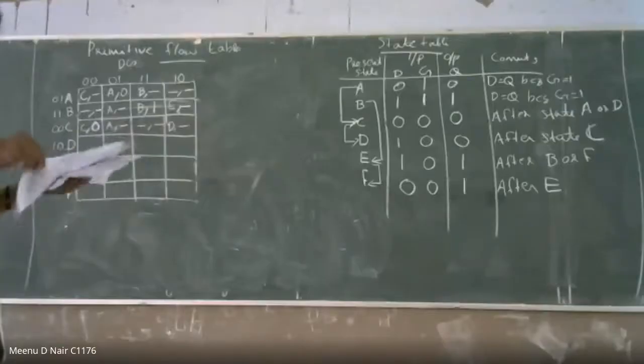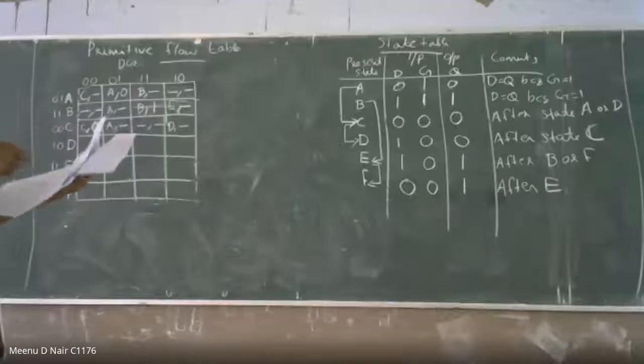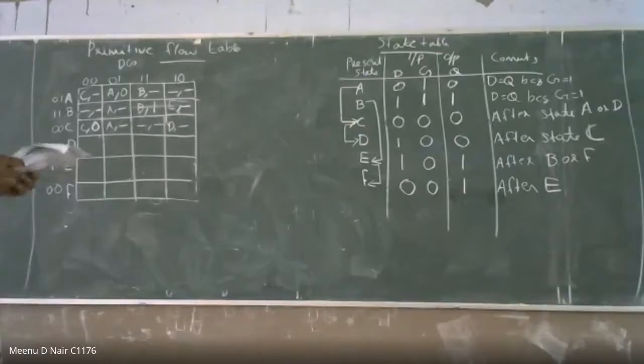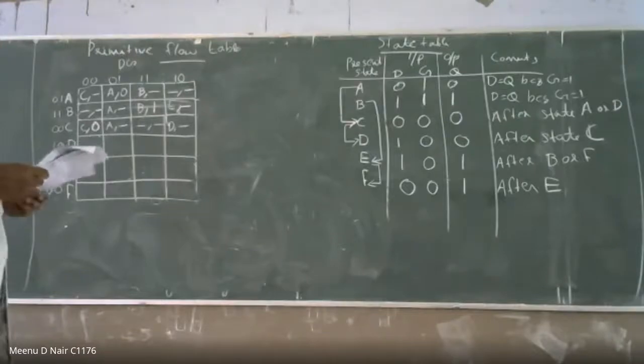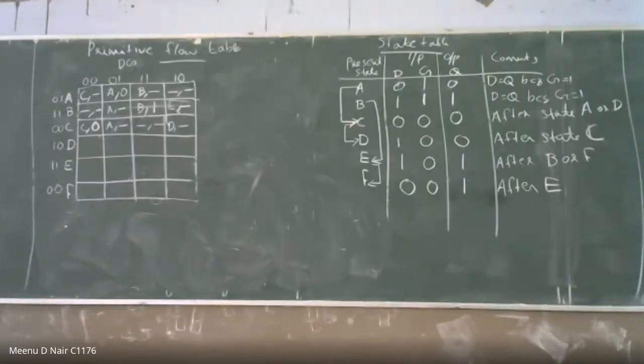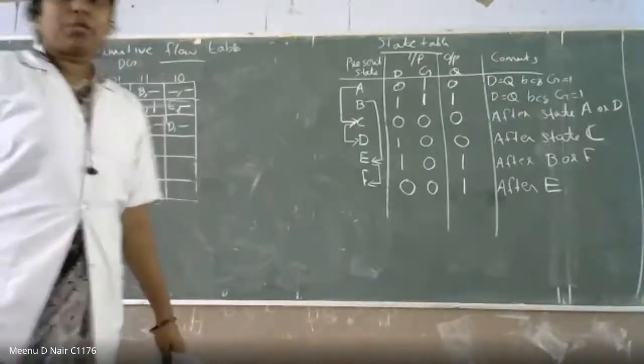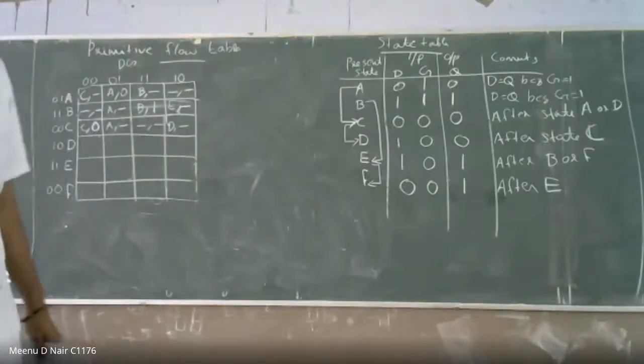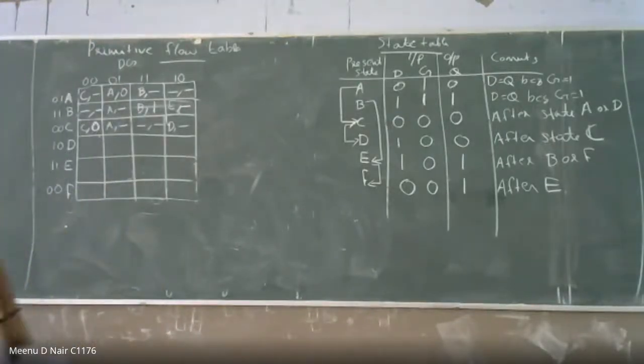Madam, the hint could be: if there are 2 bits of variation, it will be dash comma dash, right? And if the values are the same, it will be the same one, right? Yes, sir. If the values are the same, then only you can put the output value. Otherwise you cannot put it, because you do not know what the output is. It can be any combination.